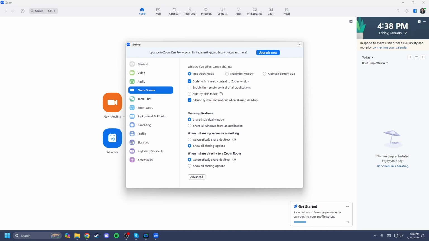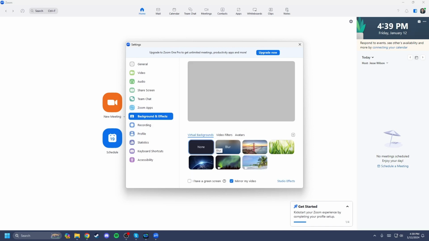This one has more options for the screen sharing. And the background effects, once again, many to choose from. And it's good because Zoom has the virtual green screen so that you can hide whatever is going on in your background. And for the next part of the video, I will be using these in calls with my friend